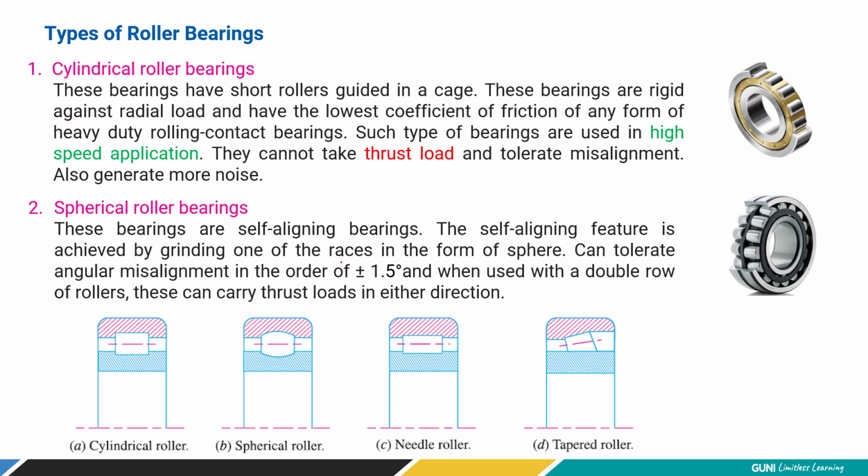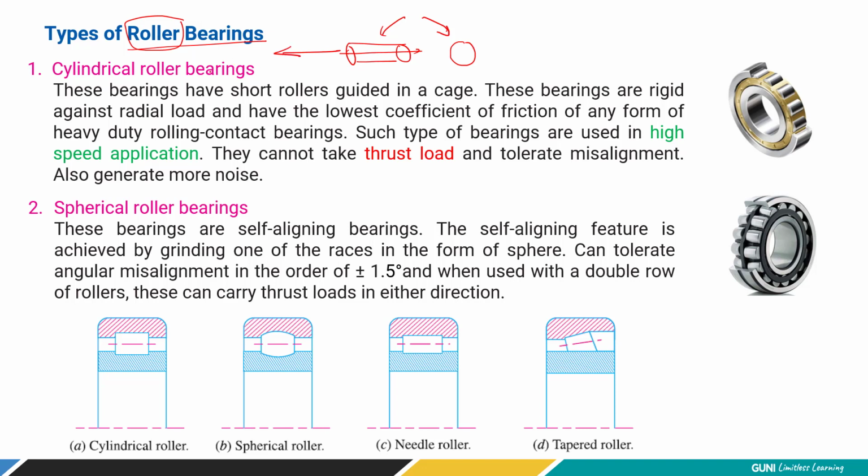Now today we are going to discuss the types of roller bearings. See, here it is roller bearings, not ball bearings. Okay. A roller is basically a cylindrical component having a circular cross section and a certain length, right? If we discuss the ball geometry, it is spherical in nature. Now these two are the rolling elements in rolling contact bearings. So at this moment we are discussing the types of roller bearings.